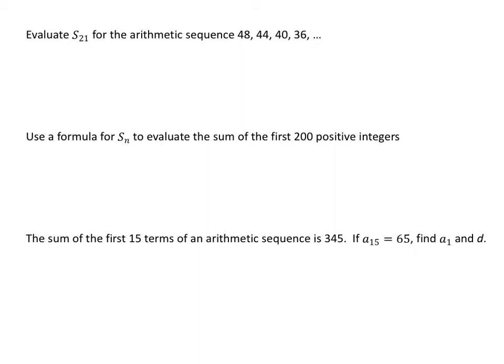Okay, so let's take a look at the first example. We're going to evaluate S sub 21 for the sequence that we've been given. Now, we do not know the 21st term, so we can't use that first formula. We have to use the second formula that we've been given. So S sub 21 is equal to n, which is 21, over 2, times 2 times a sub 1, there you go, 48,